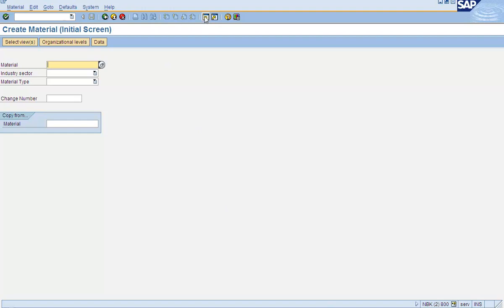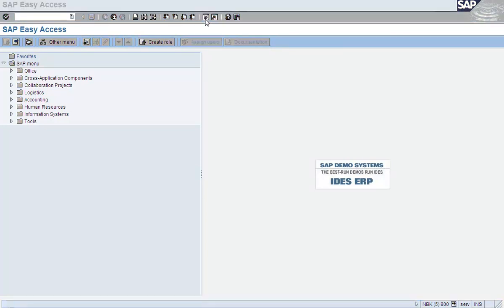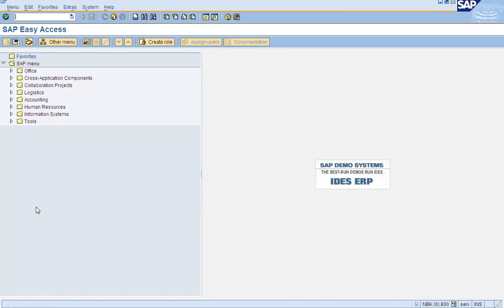Now if I click on 4th, it opens 4th session. I click one more 5 and I click on 6. Now if I try to open the 7th session, it will say maximum session reached. For every log on, you can open up to 6 sessions.